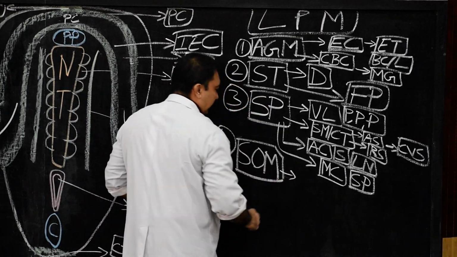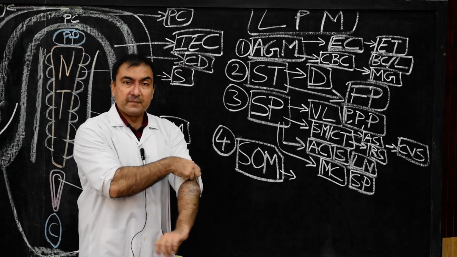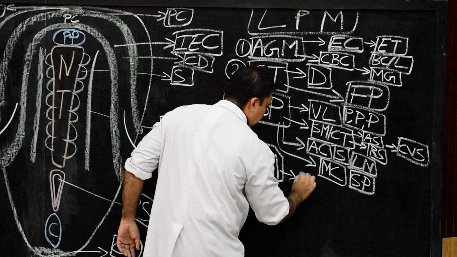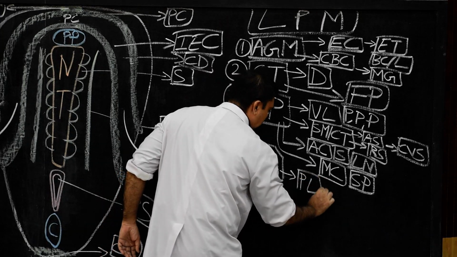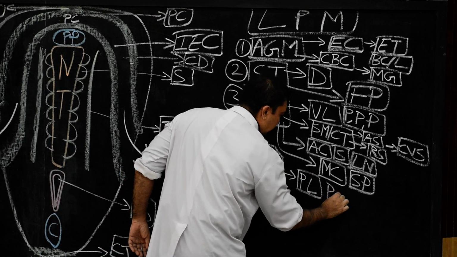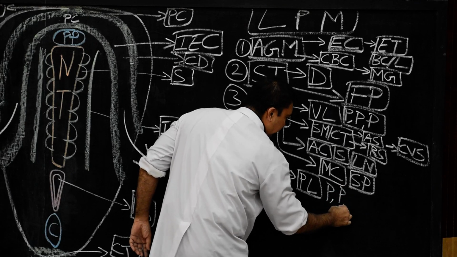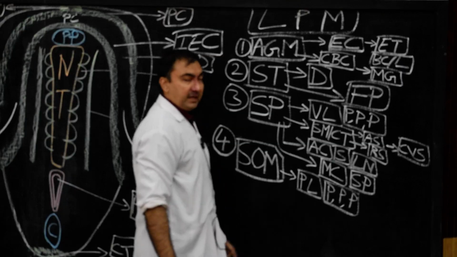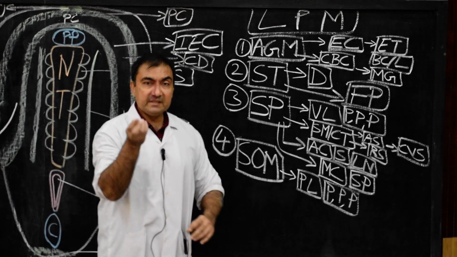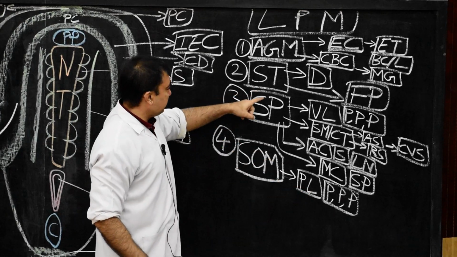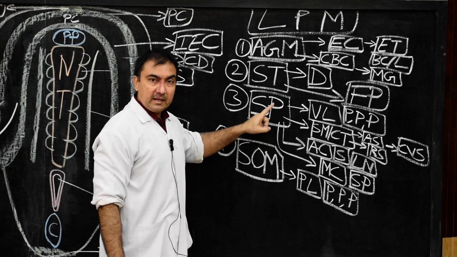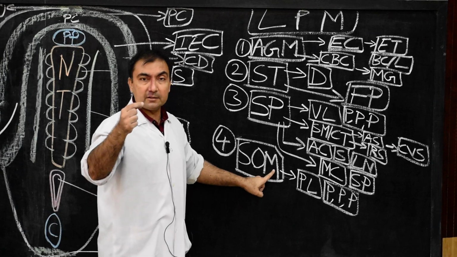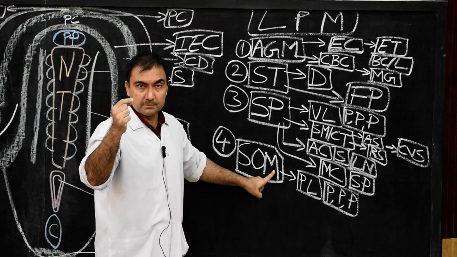Here it will develop into the first structure, the parietal layer of all the three cavities. So please write down the parietal layer of all the three cavities. Which cavities? Pleural cavity, peritoneal cavity and pericardial cavity. This is many times asked in MCQs. The visceral layer of all these three cavities will develop from the splanchnopleuric layer, and the parietal layer of all these three cavities will develop from the somatopleuric layer of lateral plate mesoderm. Please note down.